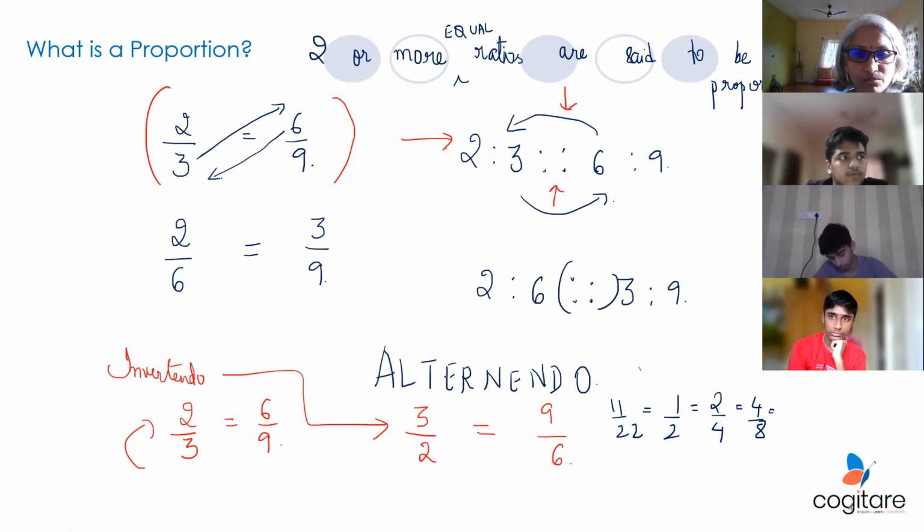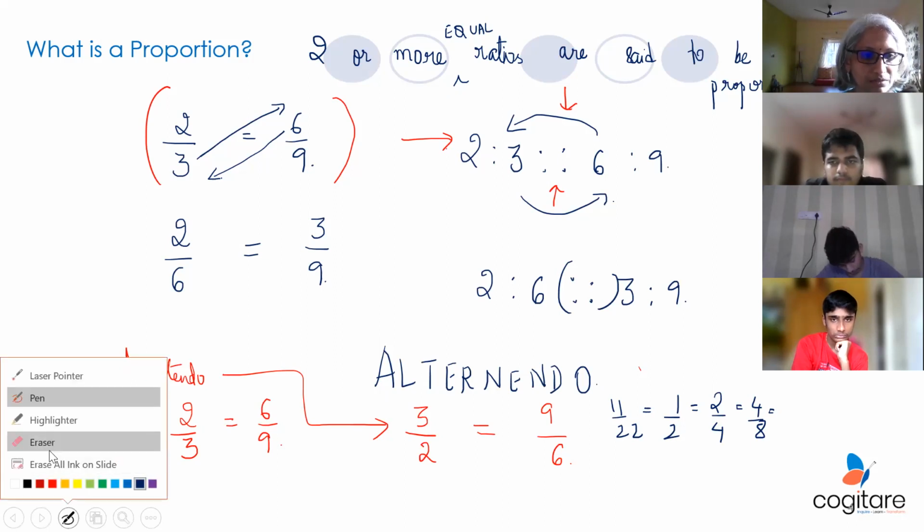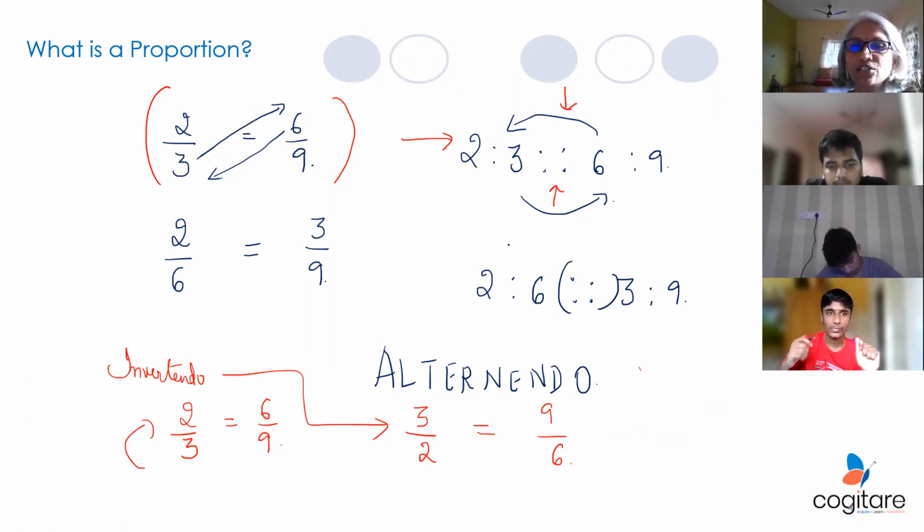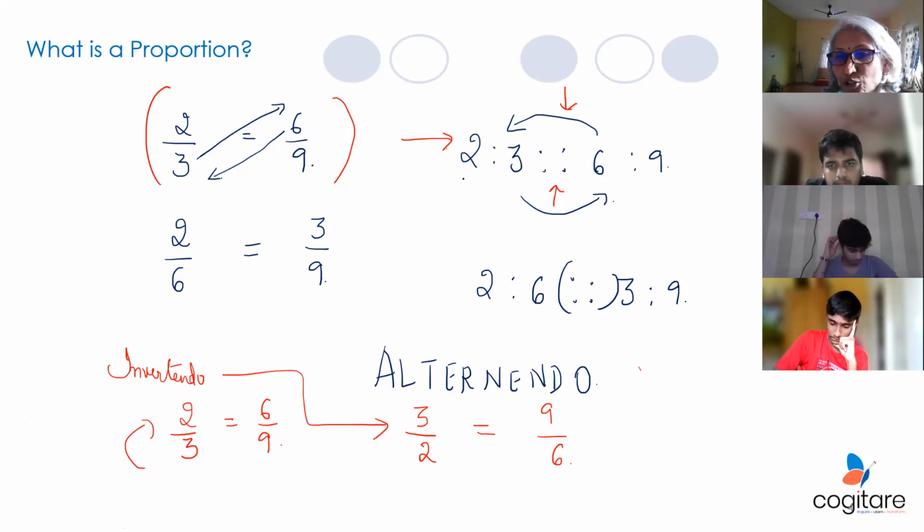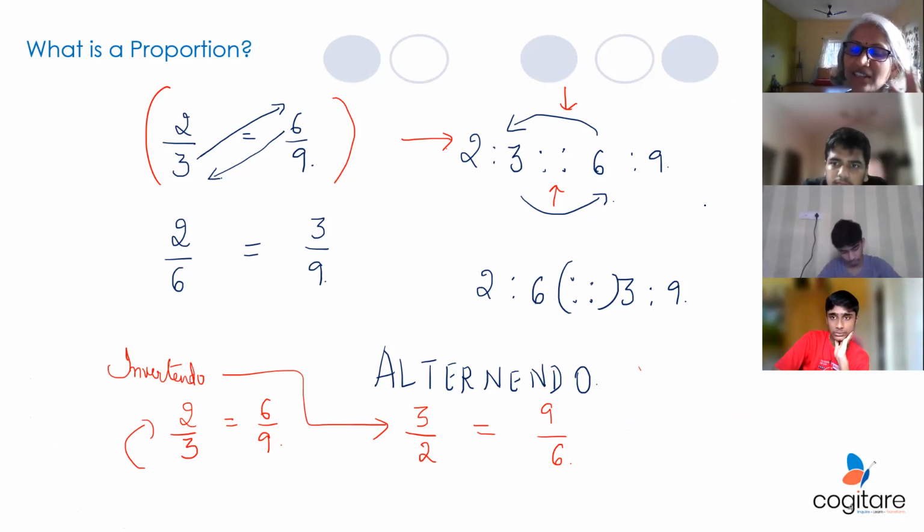Forget whatever I've written below here, but the minute you have things in proportion, we study the theorems for 2 equal ratios at a time. Got it, Daksh? That's why you might think in your textbook it's always 2 ratios in proportion. In theory, you can have as many ratios in proportion. When you apply, you're picking 2 at a time or 3 at a time. I'll show you for 3 at a time, but in this year, you'll pick 2 at a time and apply the theorems. Got it? Okay.